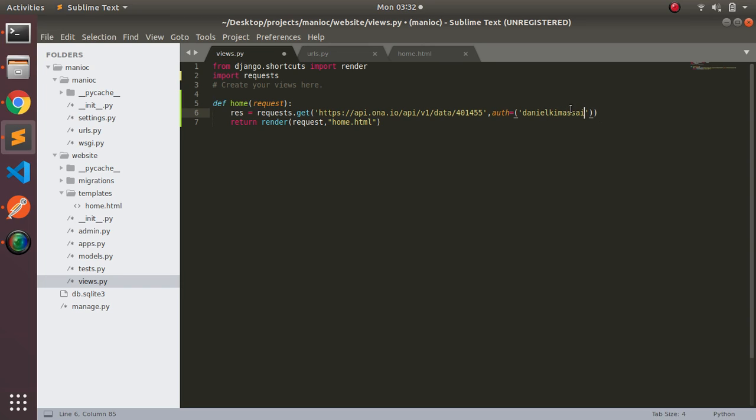So this is my name, then you put a comma, then this is my password for ONA. But in your case, make sure you use your own details. These are my details for ONA, this is my username for ONA, and this is my password. Then you come and say,